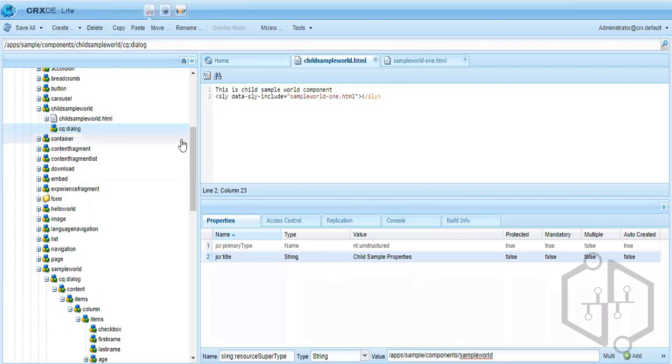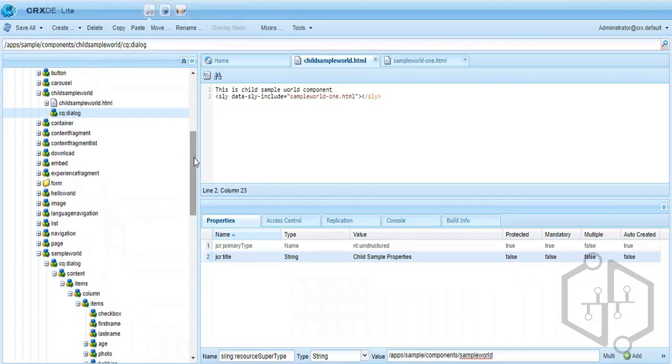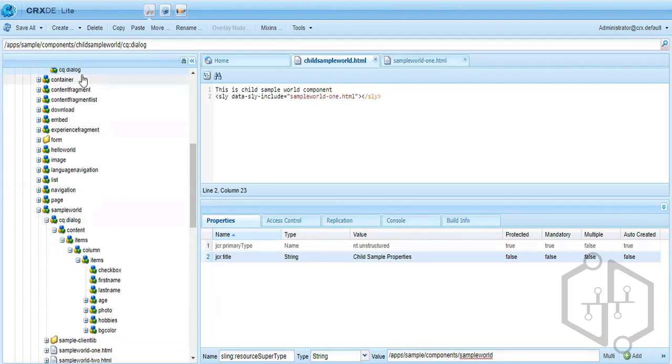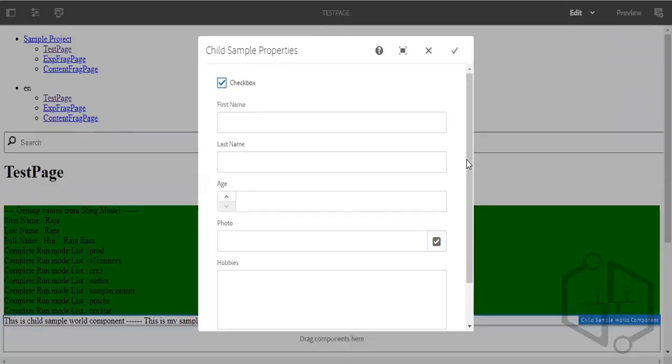Okay. Now, in the same way, we have this dialog. Since I only needed to update this property, that is the title, I only provided this title property and I updated the value of it over here. Now, consider a scenario. So now we understood that even if it does not have the child node inside the dialog, it doesn't make any difference because it will still be inherited from the parent. Now let us consider another scenario where you have all these nodes like checkbox, first name, hobbies, all these are coming,